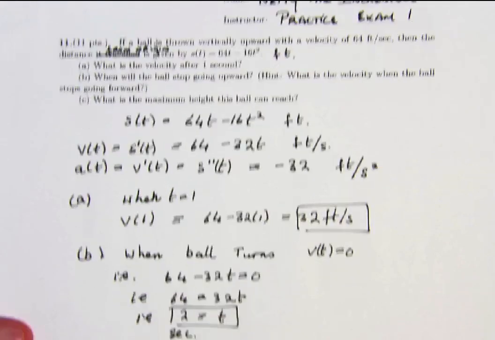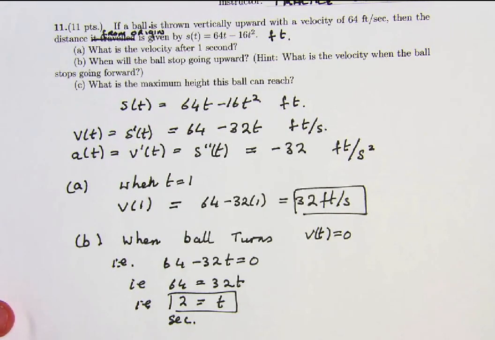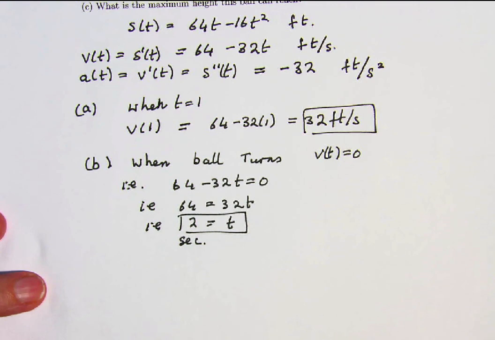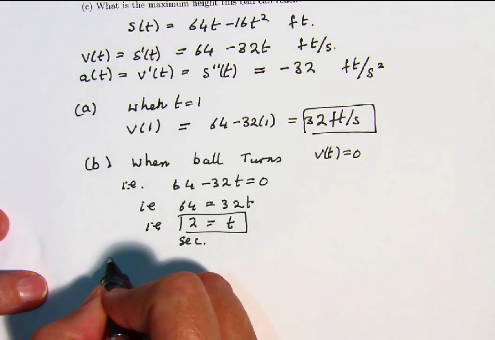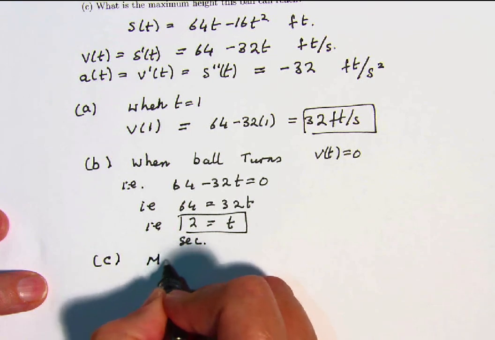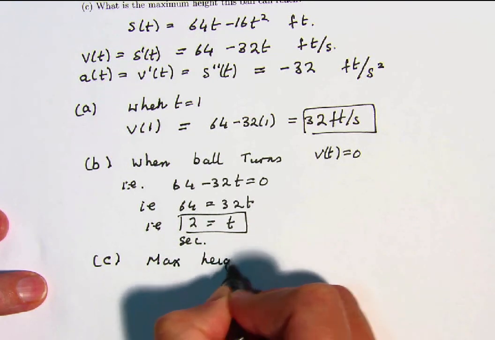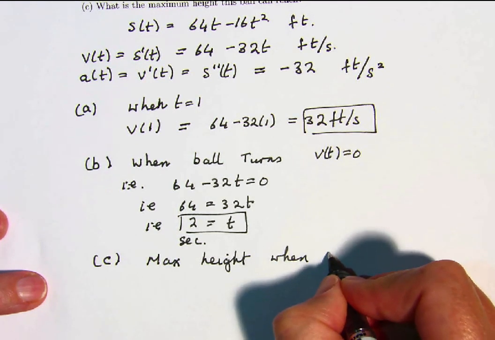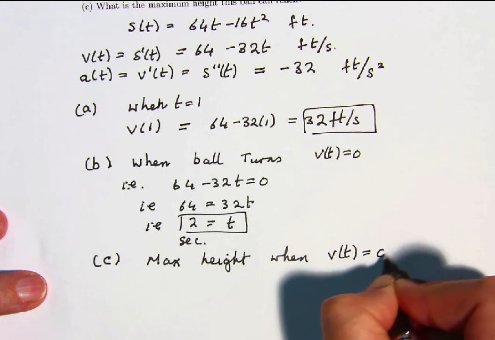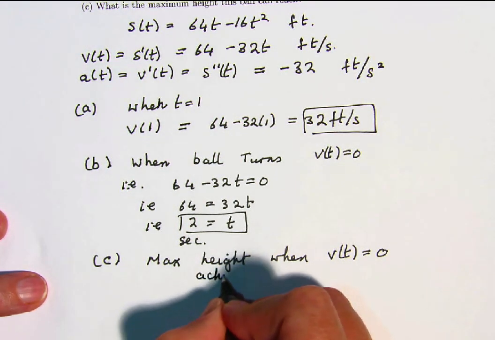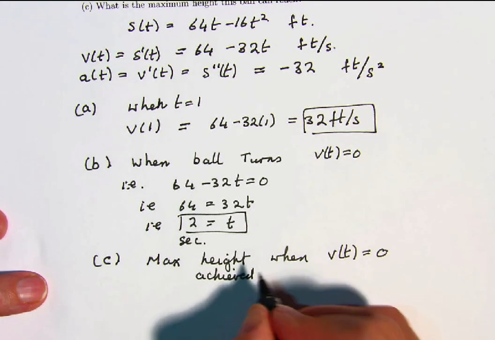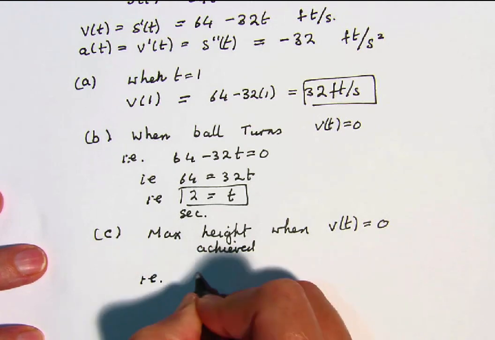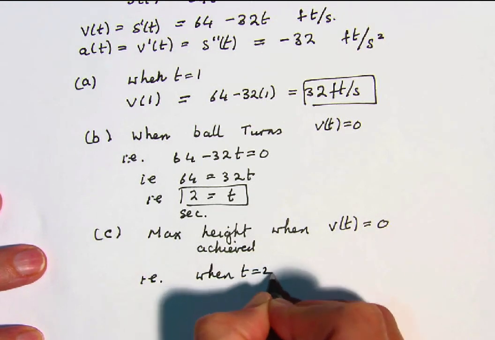And the last question is, what's the maximum height reached by the ball? Well, of course, this is when the ball turns, it's reached its maximum height. It changes from going upwards to going downwards. That's the maximum height is achieved when v of t equals 0, and that is when t equals 2,